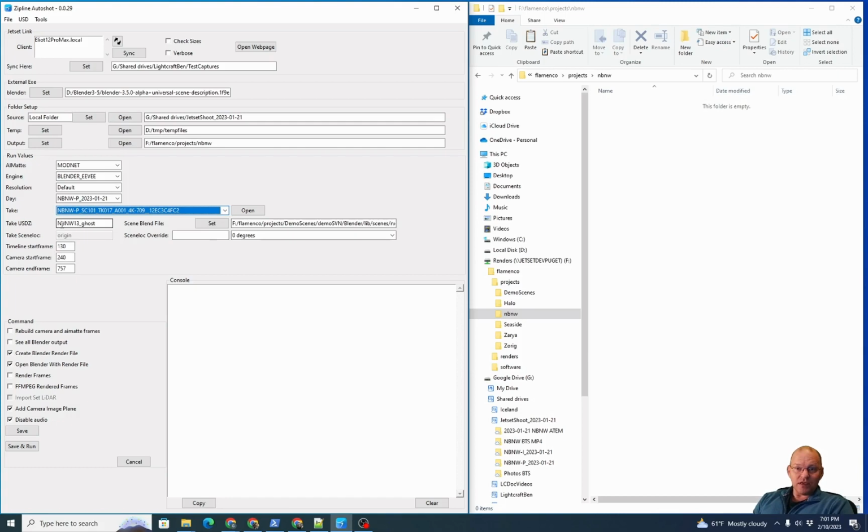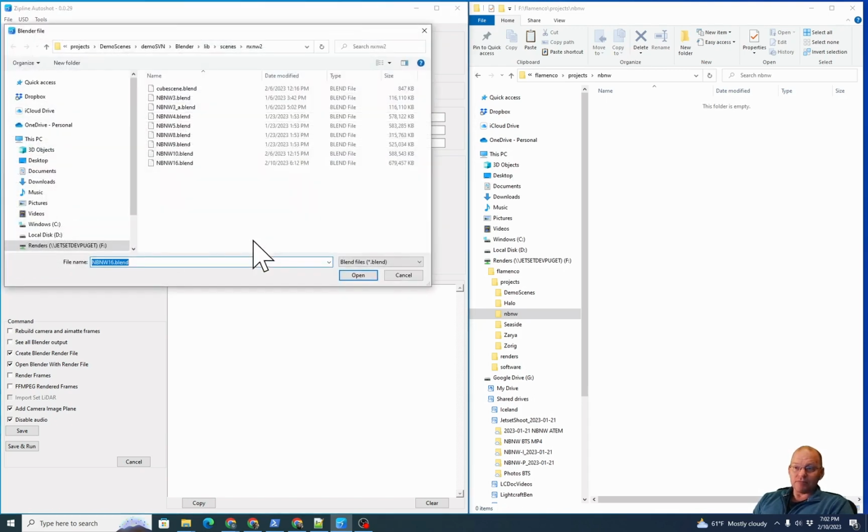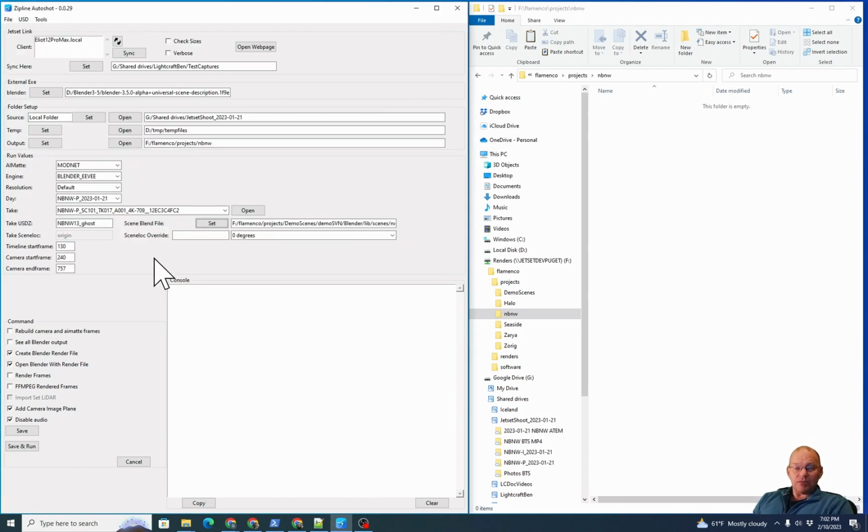So we can see that NBNW13_ghost was the name of the USDZ file. We can now pick the scene blend file. We'll click Set and then navigate to the spot in our Blender subversion tree where our Blender scene is located. I'll pick NBNW16. And this is the Blender scene that we're going to reference when we create our new render